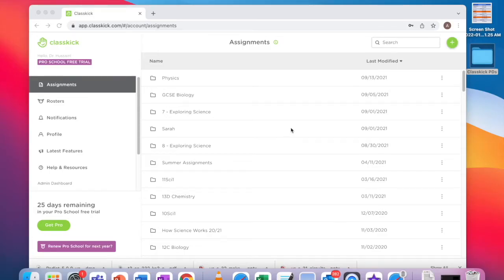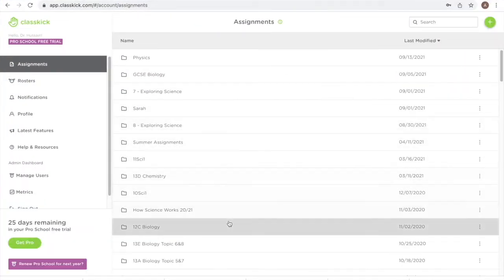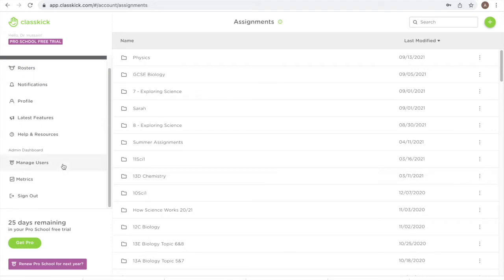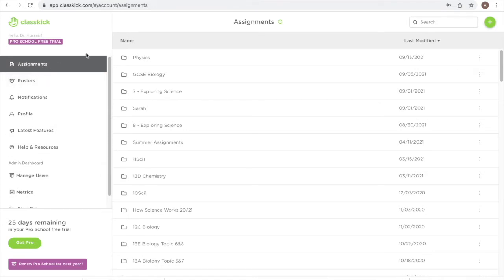In this video, I'm going to show you how to make assignments for your students. Now, when you sign up for Classkick, if you have the Pro version, you'll see a screen similar to this. On the left-hand side here, you have your name, and then you have a number of different options down here: assignments, rosters, notifications, profile, etc. Now, you only really need to start from assignments because everything else, including rosters and everything else, can go from